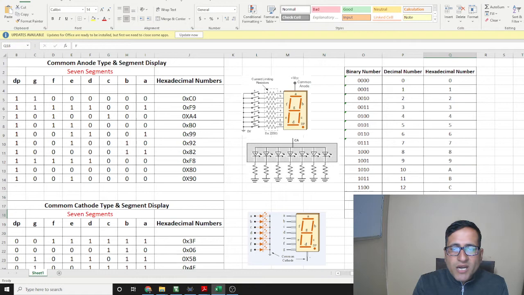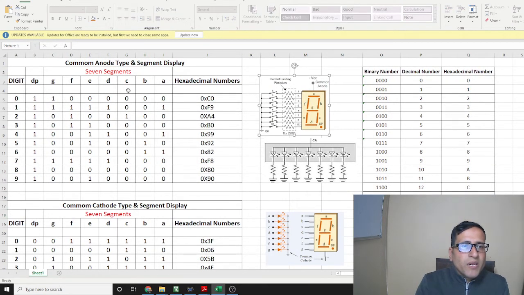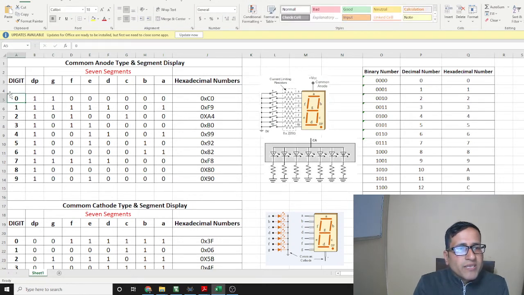So now let's start to learn about the common anode display. Here we can see that to display digit 0, we have to glow the segments A, B, C, D, E and F, and G is not glowing at that time.